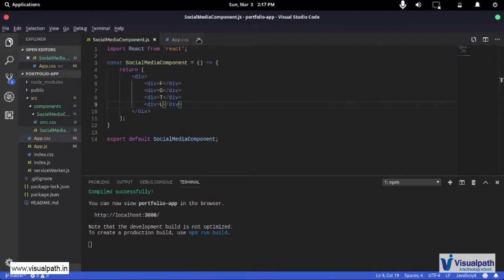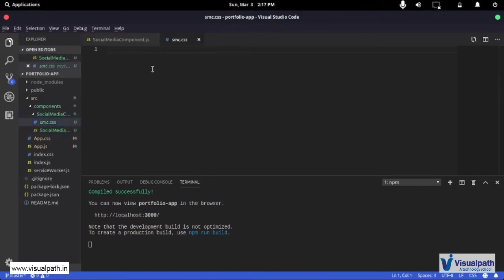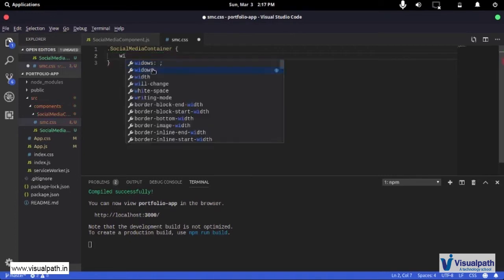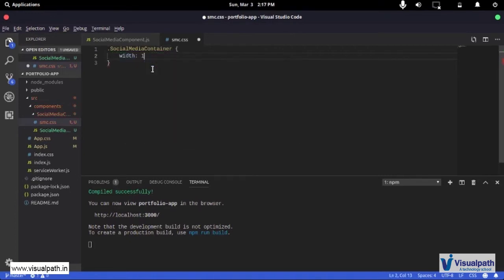So I'm going to close these two for a while, and I'm going to go back to our CSS, and first I want to create a container. So I'm going to have a class called social media container, and this is just a top class that is going to contain the whole thing. I want it to be as wide as the outside thing, so I'm giving it a width of 100%.